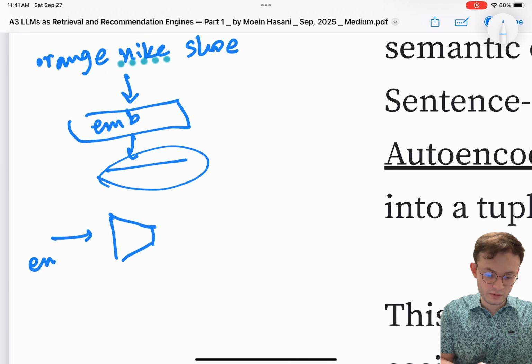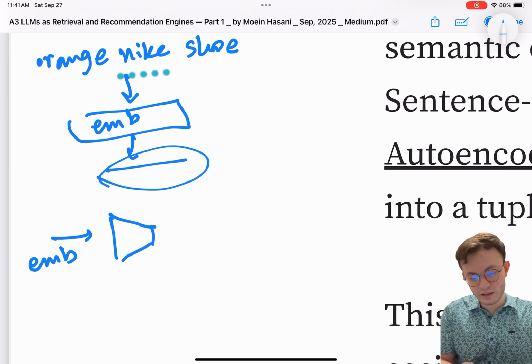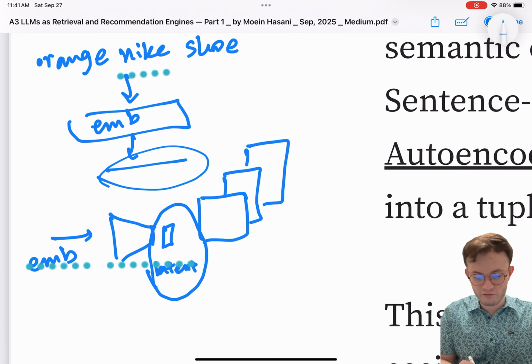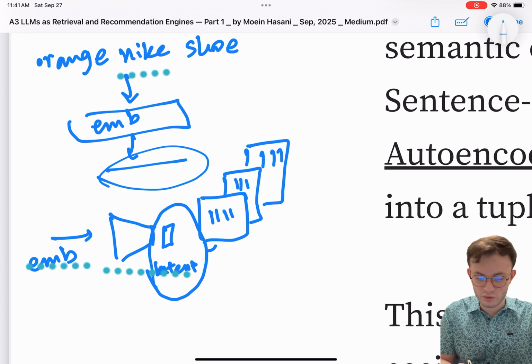This DNN will create a smaller latent vector, right? And this RQVAE has different codebooks, and by comparing this latent vector to different vectors inside of this codebook, you will find the closest vector to your vector.